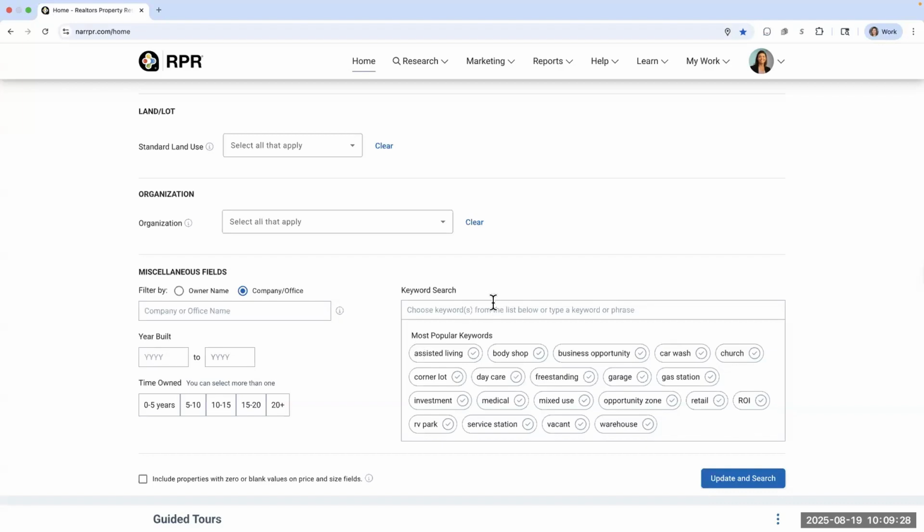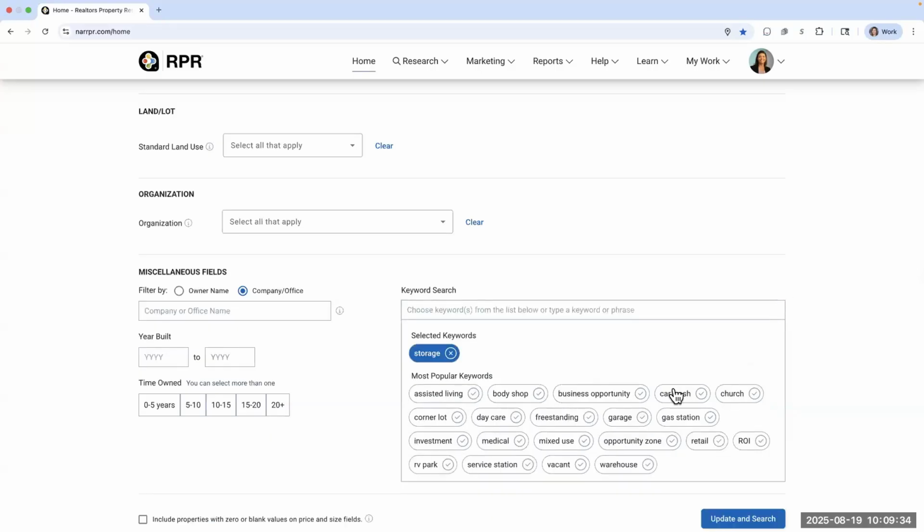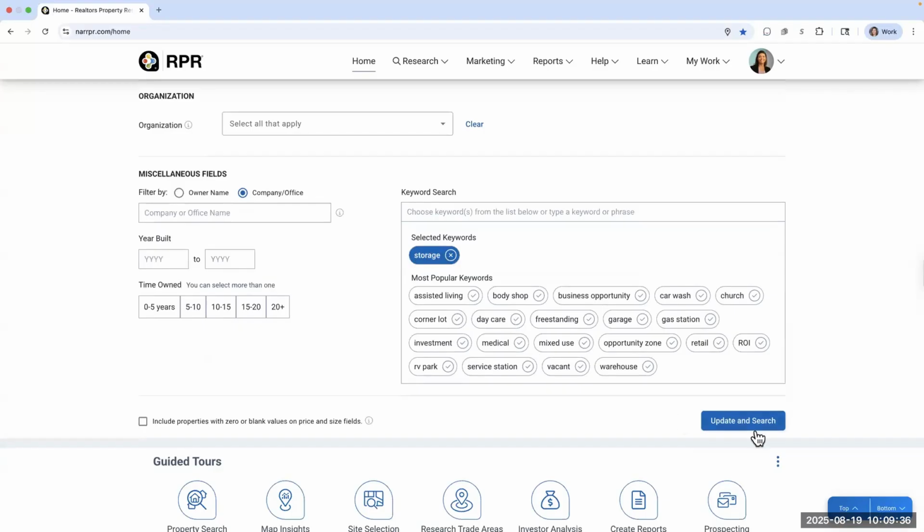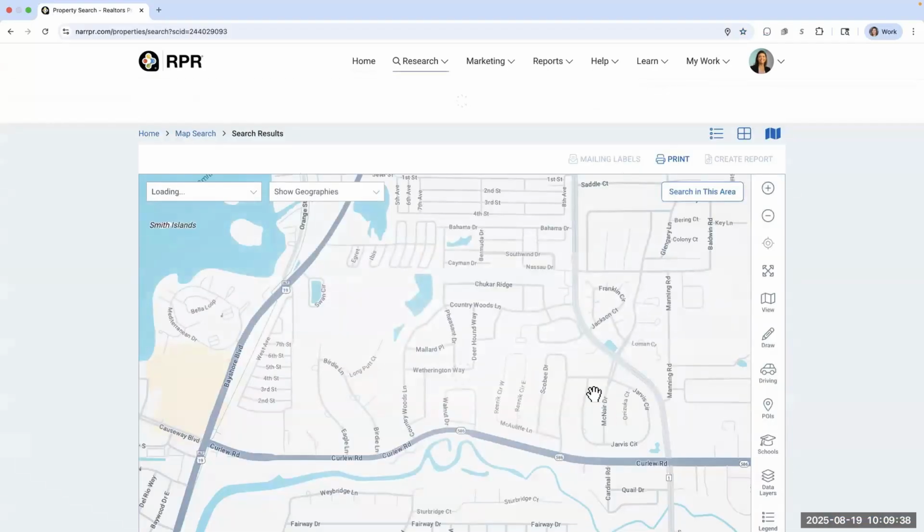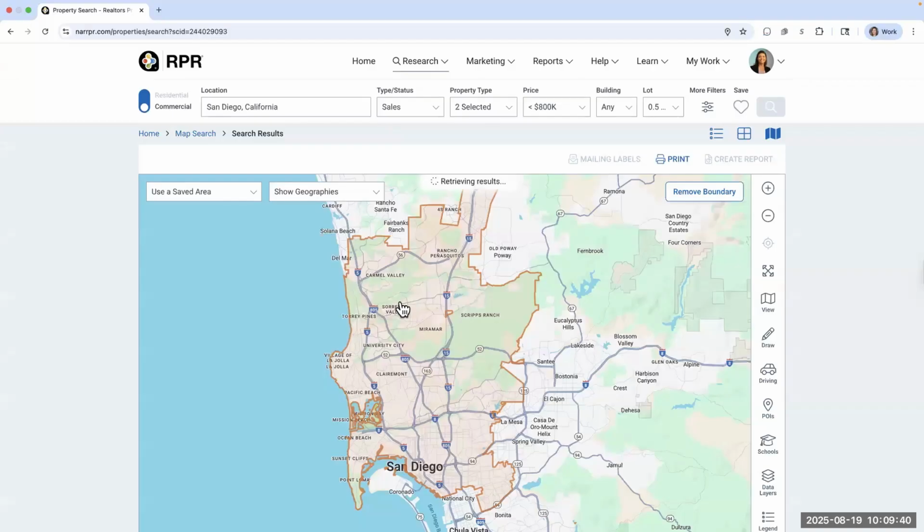Maybe I'm looking for storage. I can come in and add the word storage, and it's going to look for properties that have that noted somewhere in the property detail